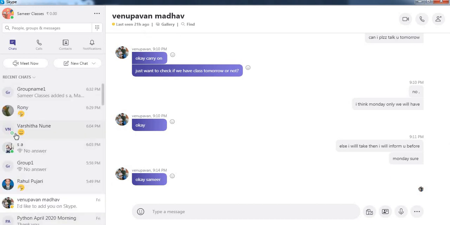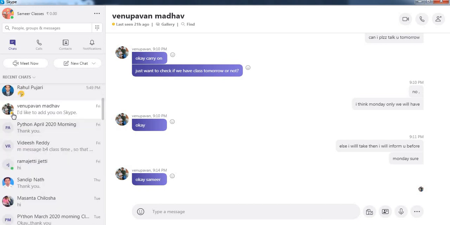The recent one, 5 or 10 minutes ago, the person was online, and the whole green shows that the person is active right now. It is showing recently active, last seen 28 minutes ago. This is active now.